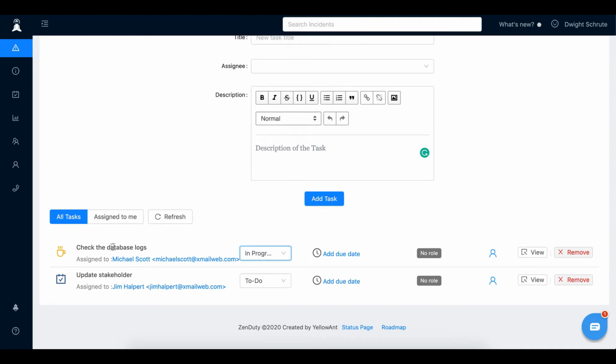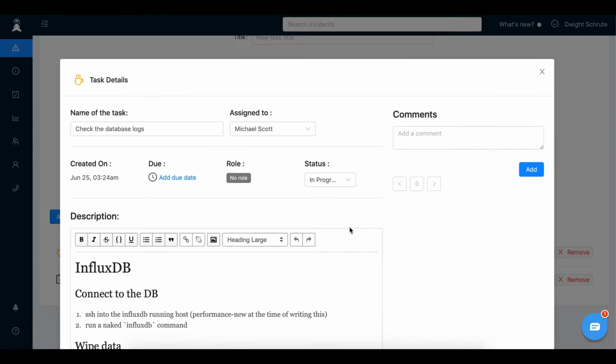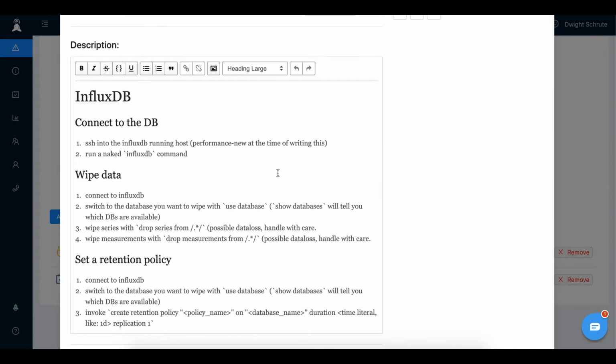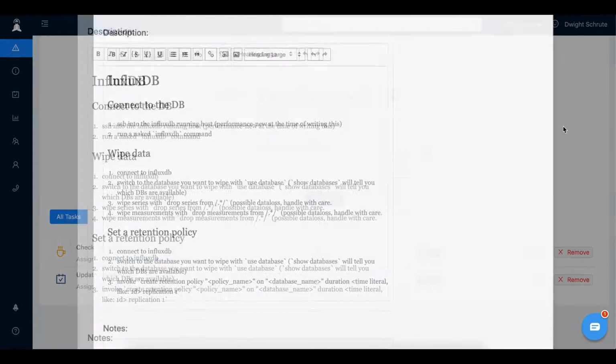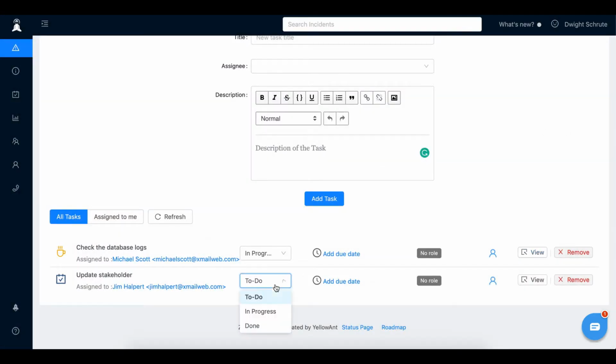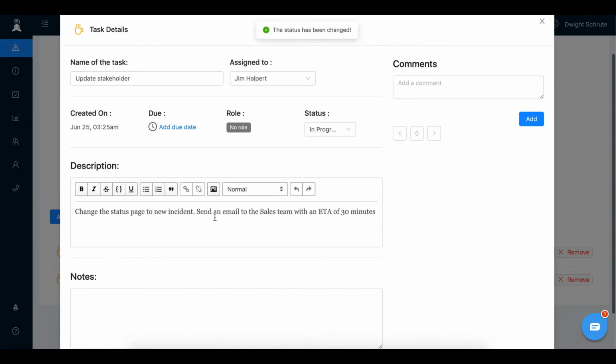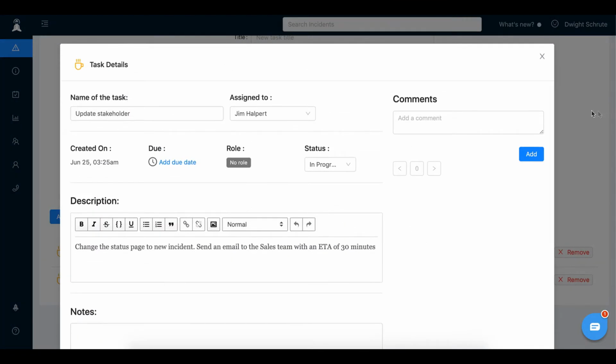So since Michael has just seen that he needs to check the database logs, he can view the task and he can go ahead and start triaging the database issues. In the meantime, Jim would also start working on updating the status page and sending an email to the sales team.